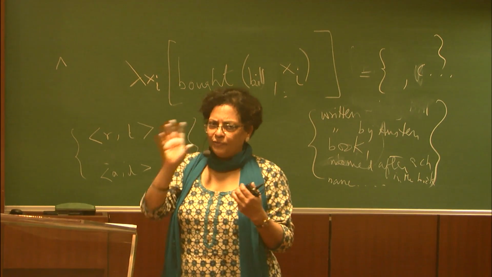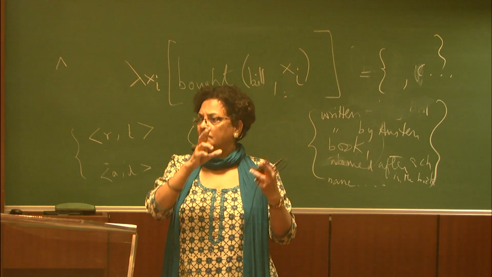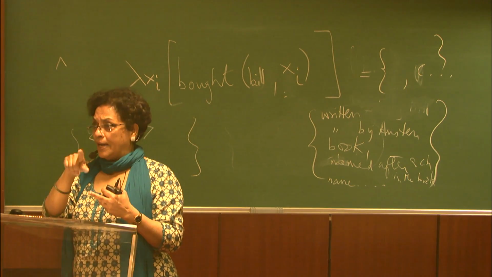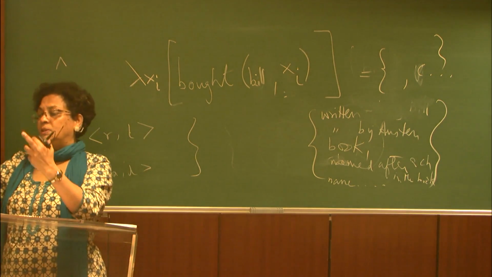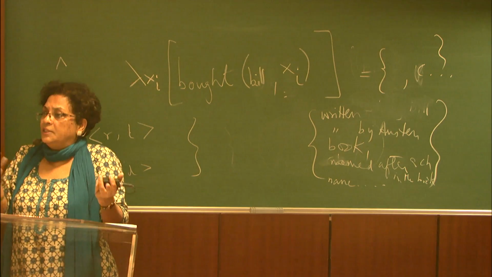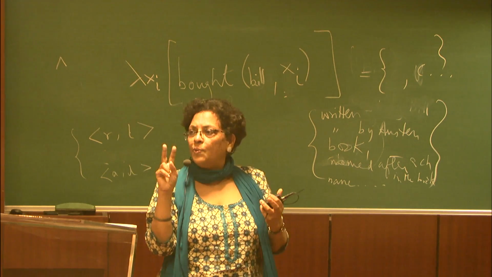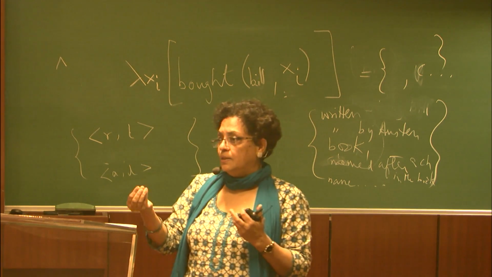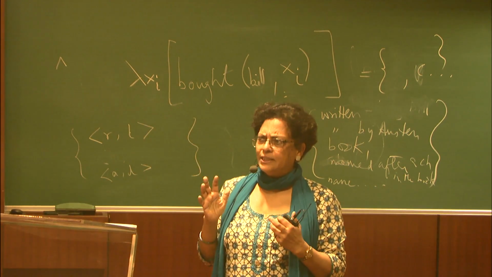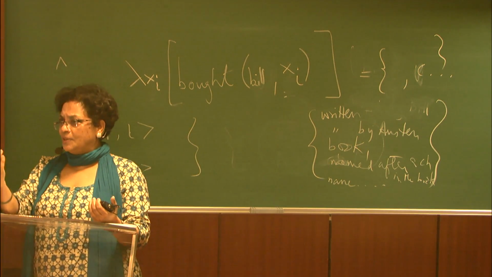So those of you who know functions, it says I'm a function from something of type e, x, to a function from something of type e, y, to something of type t, which is truth. Once you give me those two things, then I can say whether it's true or false. I get a truth value. So the lambdas are a way of marking how many things you need to saturate, how many positions before you get to a truth value. Does that make sense?